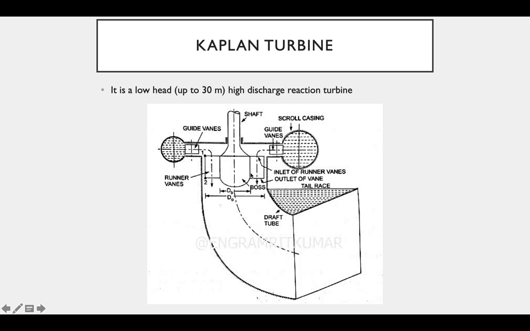And once the fluid flows out, there is a chance that its pressure can be less than atmospheric pressure. Then it will be difficult to discharge it to the atmosphere. So the draft tube, which is a conical tube, increases the pressure head of the fluid and it reaches atmospheric pressure, so that it can be easily discharged to the atmosphere. So this is about